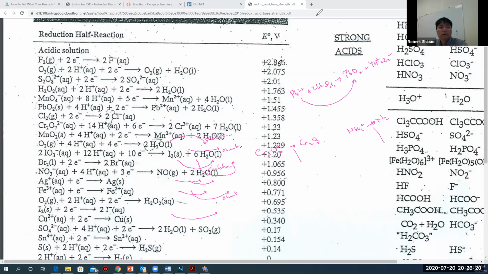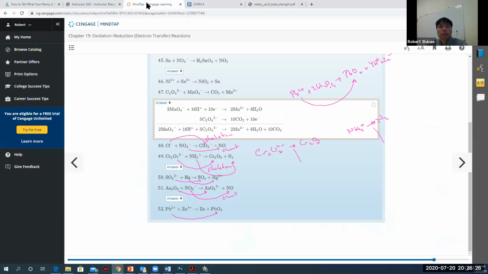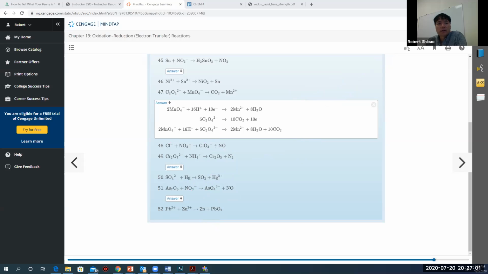What about the other one? Let's take a look at the other one. Zn2+ goes to Zn is on the chart. Both of these are on the chart. We don't need skeleton redox. The reason it's in the skeleton redox section here is because your book, it's not in the Chem 4 chart. But it's in the chart I gave you, so there's no reason. We can copy both of these off the chart and then just add them up, making sure the electrons cancel. That's it. Let's take a look. Next page.